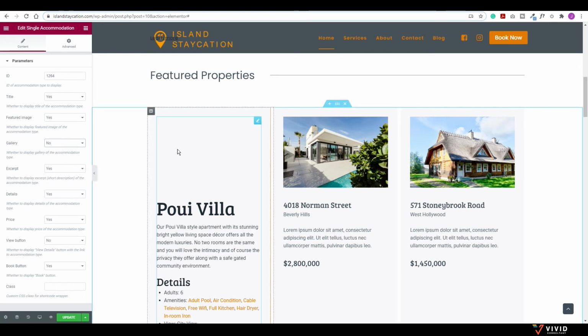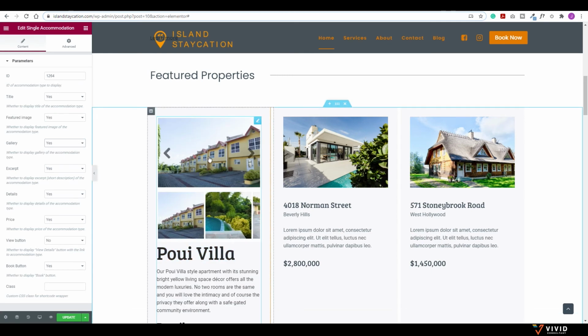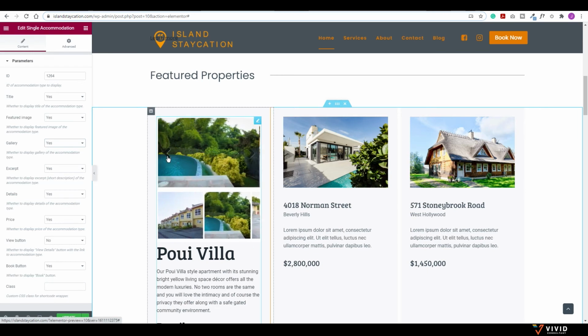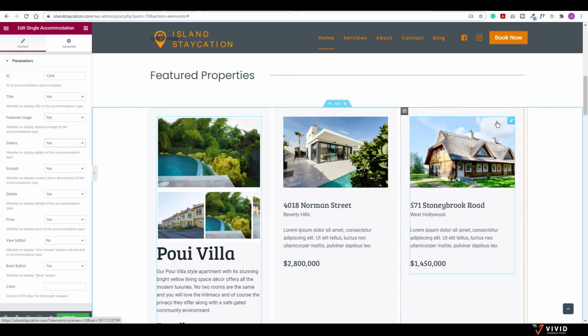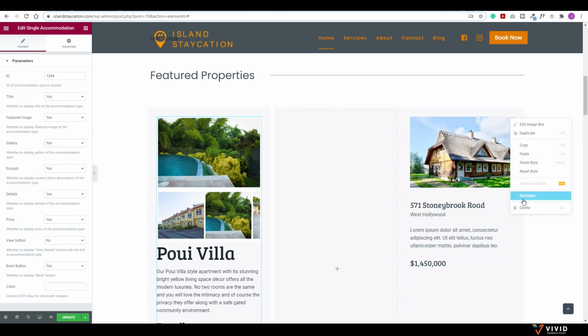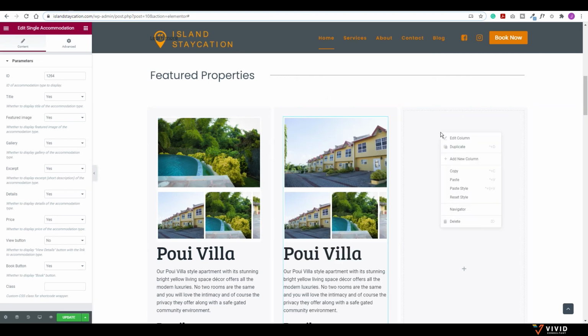I could decide if I don't want the gallery or not. I find this is a bit glitchy. I saw this when I was going through. I need to follow up with that. But what we want to have is, in my case, I have the gallery so that you could scan through and see the images, and then we could do the same thing for the others. So I'm going to remove these